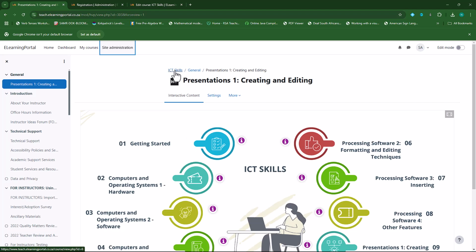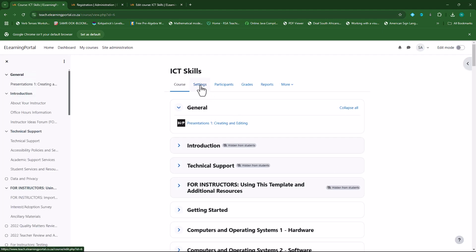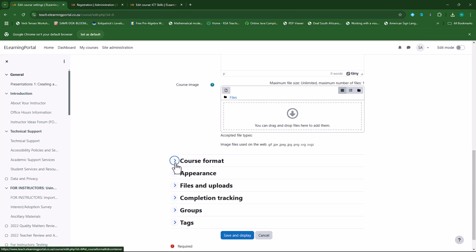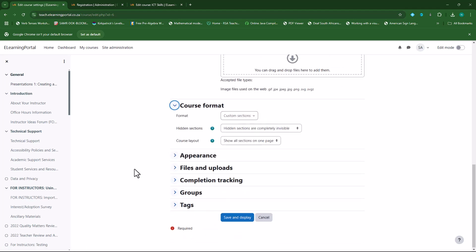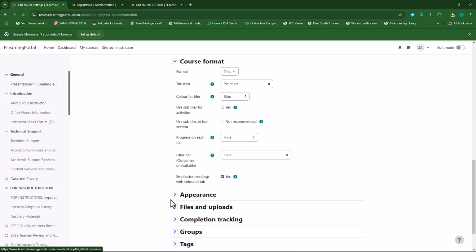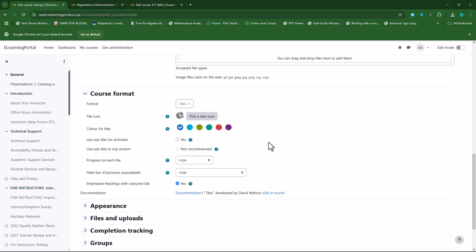So I'll click on my course name, which is ICT skills. I'll then click on settings. I'll then scroll down, and I'll go to my course formats. And instead of selecting custom sections, I'll click on the drop down list, and I'll choose the tiles format that we've just installed. Okay, so I'll select that, and now I can choose how I want the tiles format to